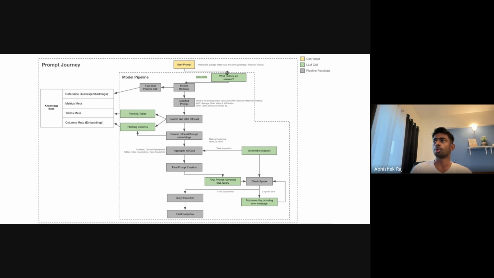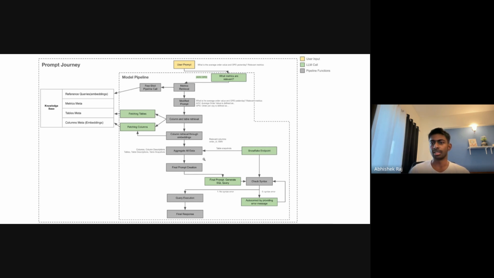So whenever a user gives a prompt, like please generate this SQL query for, suppose, order value or average order value, it will take all the table schemas or metadata and give it to the LLM, along with the user's prompt: these are the tables' metadata and the user wants to generate a SQL query for this. It returns a SQL query, checks whether the syntax is correct, then executes the query and returns the result.